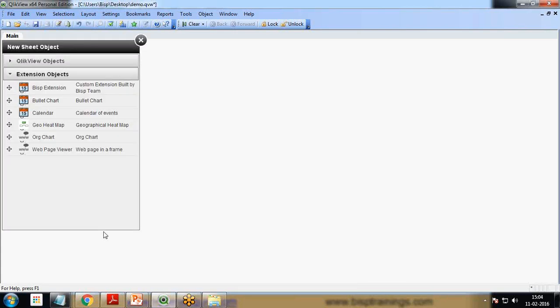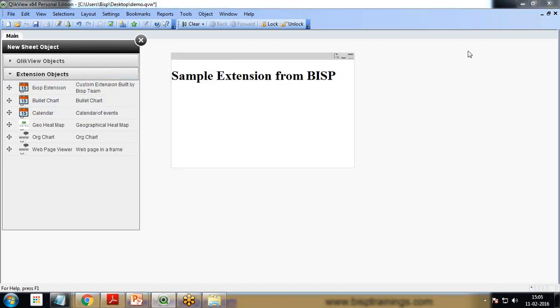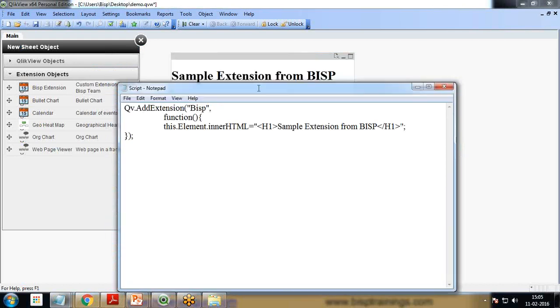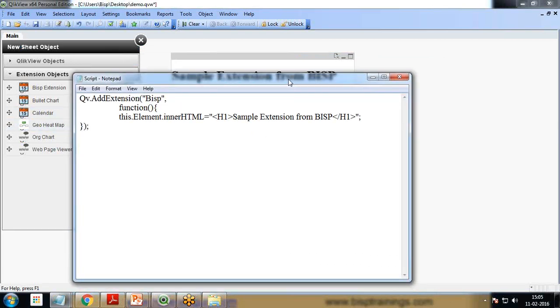So I open new sheet object again, and you can see the extension has been added. Now when I drag and drop my extension on the sheet, I can see the text sample extension from BISP in the same format which we have specified, H1. We can add more text to it. Only thing is we need to save it and reload it. So that's how we can add an extension